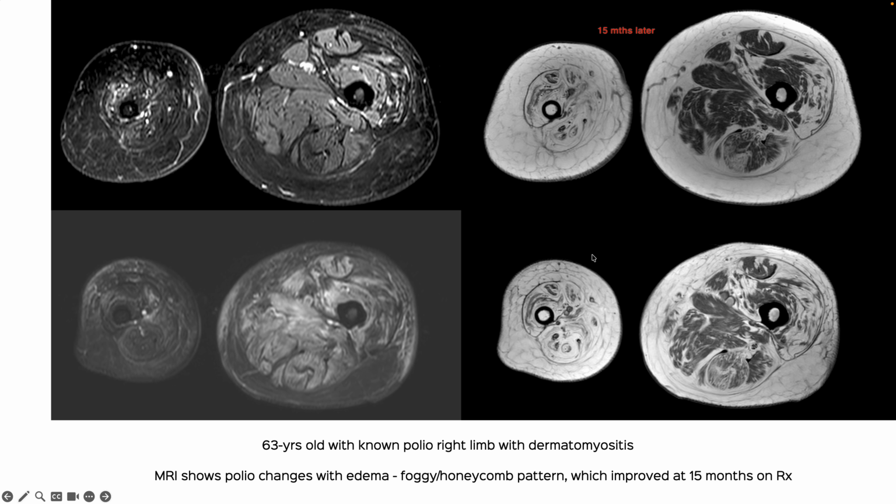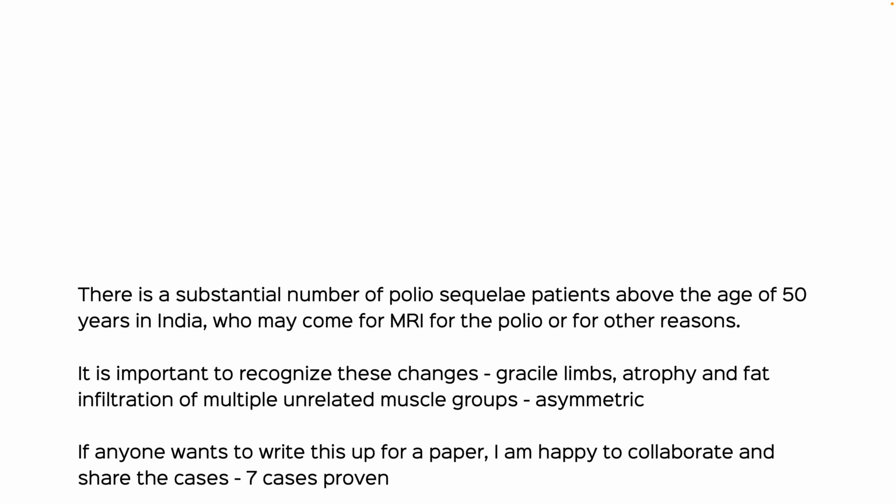This patient had dermatomyositis over and above the polio. On the right side, you can see the gracile limb and the polio. On the left, this is likely a combination of polio and DM, but there is edema, and the edema has a mixed foggy honeycomb pattern. In the last case that I did about a couple of months ago, I talked about all these patterns of edema. Even on the right, there's a little bit of edema. 15 months later, the edema is gone because the patient was put on treatment, but the rest of the atrophy and fat infiltration continues. So there is a substantial number of polio patients above the age of 50 in India